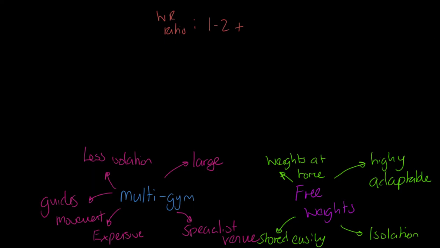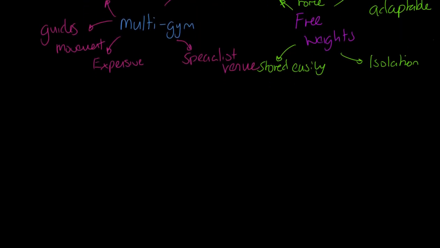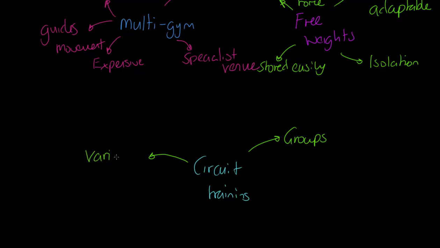Now finally, I just want to make one brief word about circuit training. Of course, circuit training is another method of developing strength, most synonymous with strength endurance, but can be used for other things. I just want to mention a couple of advantages of it. Circuit training is really good for groups of people. You can get a lot done with a lot of people really quickly. Circuit training also has a lot of variety to it, because you can include all kinds of different stations,